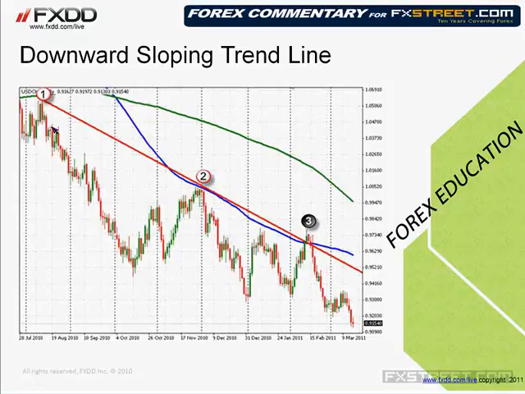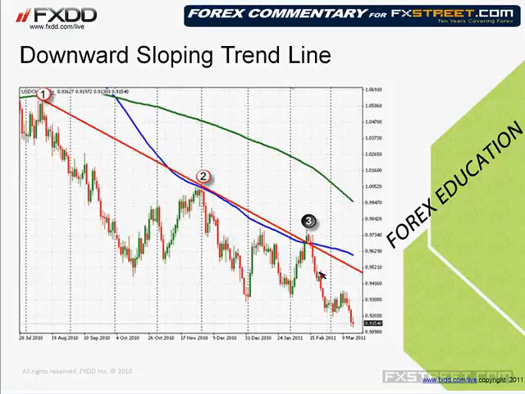Downward sloping trend line. This is the dollar versus Swiss. 1, 2, another failure here. This is another instance where the market broke to the upside. This triggered a buy order here. We got some follow through, but guess what we ran into? We ran into this high for the month of December. Market couldn't get through that high, came back down, tested the trend line, moved back down